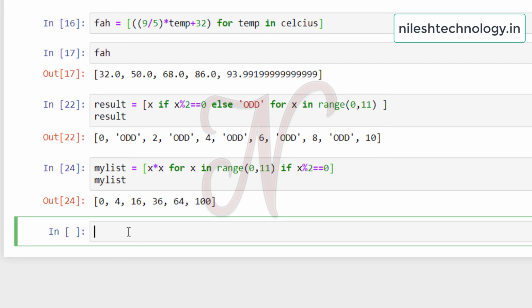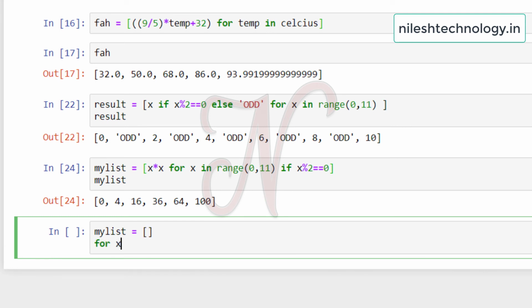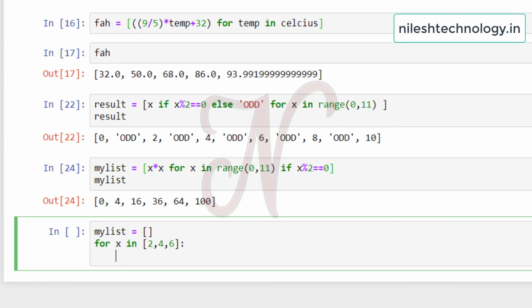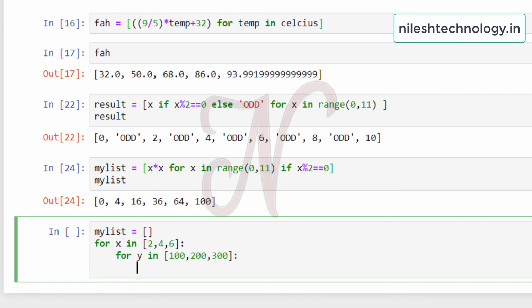My list is equal to an empty list, then for x in 2 4 6, then for y in 100 200 300, then my list dot append x into y.